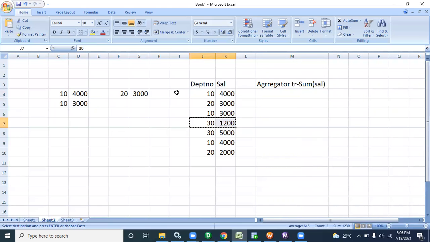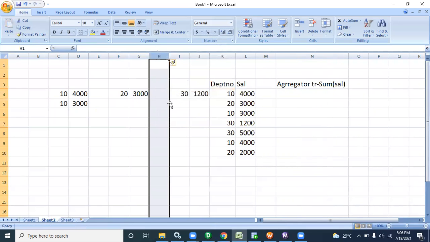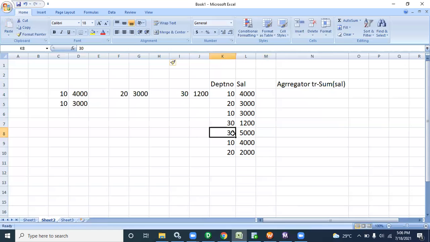30 is again another group. So in memory it works like this. Then again it goes to 30. Every time it will search the memory up to the end. Like this manner it will search, right?